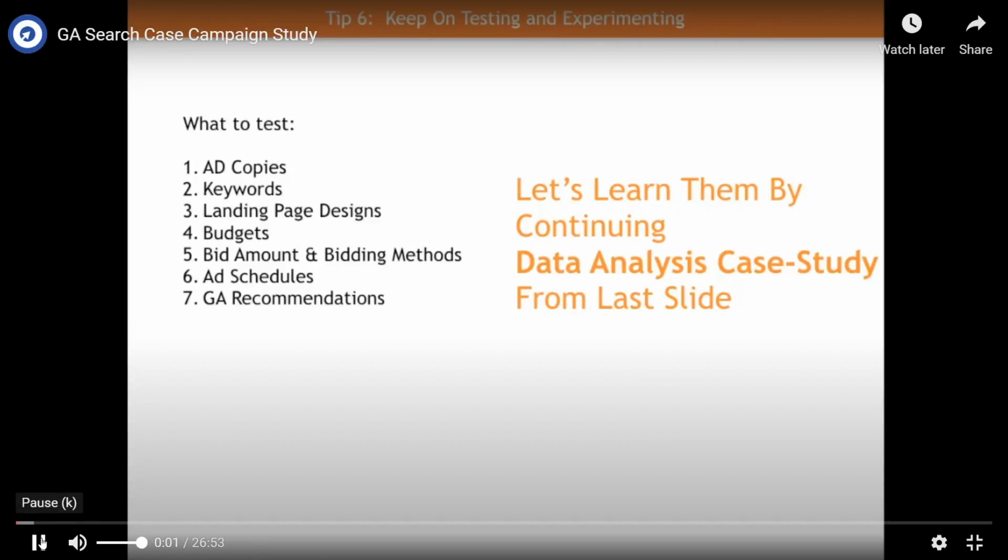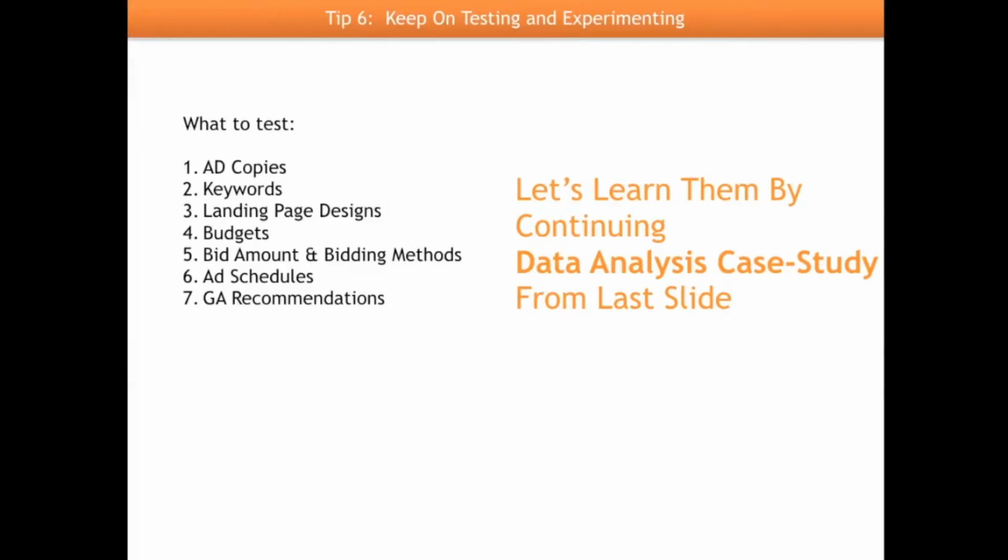Hi and welcome to the data analysis case study of the real estate campaign that we talked about in the last video. In this video, we'll discuss the 7 strategies generally used to optimize any campaign, and this case study will show you how you can optimize it. Remember one thing, a few of the things you might not understand now, but once you have run a campaign and you've been constantly doing it during your journey as an ads expert, in your day-to-day work life, you can use the steps to improve.